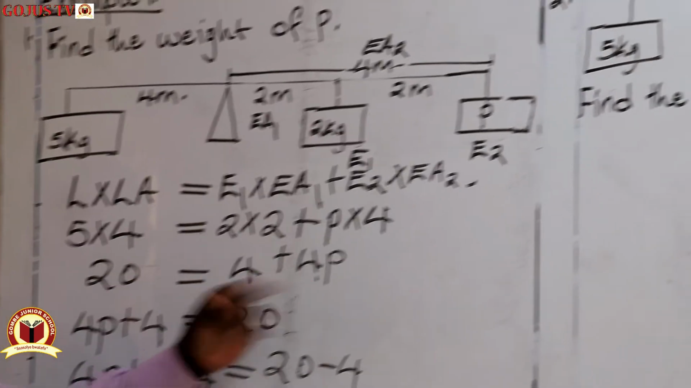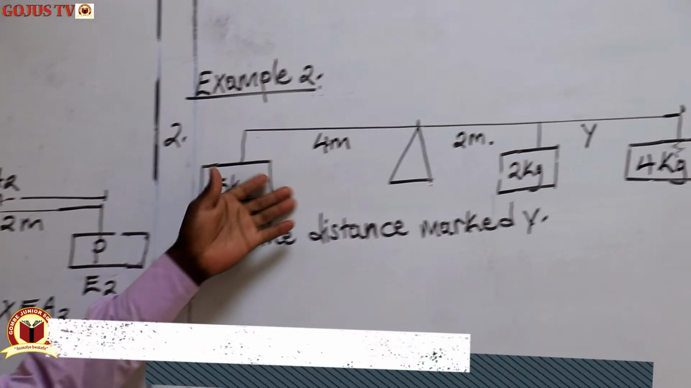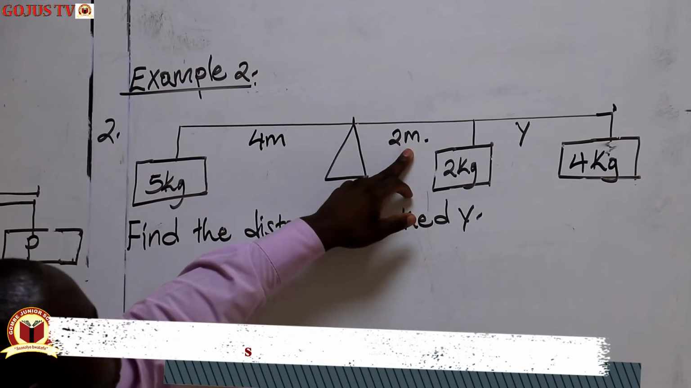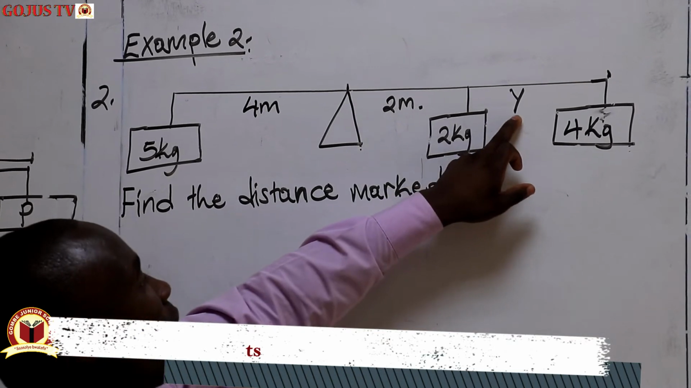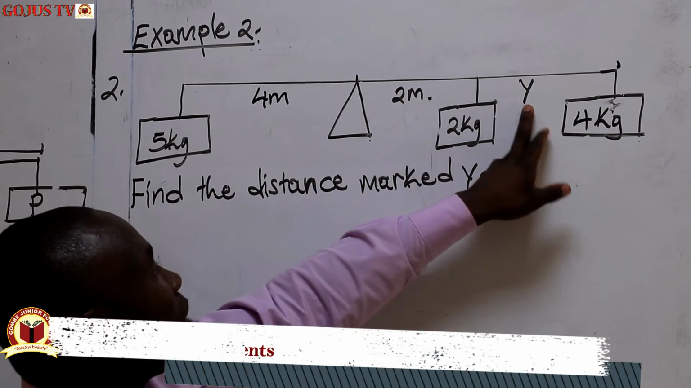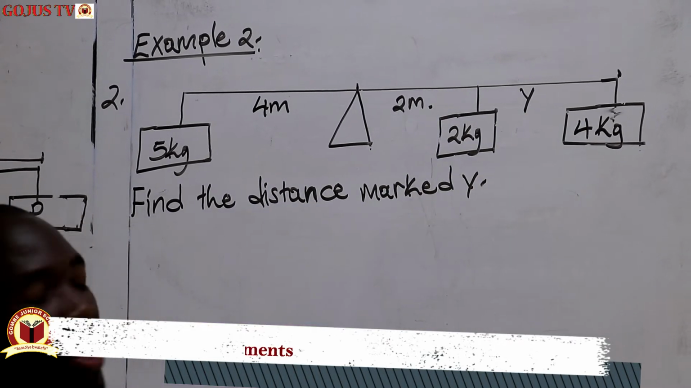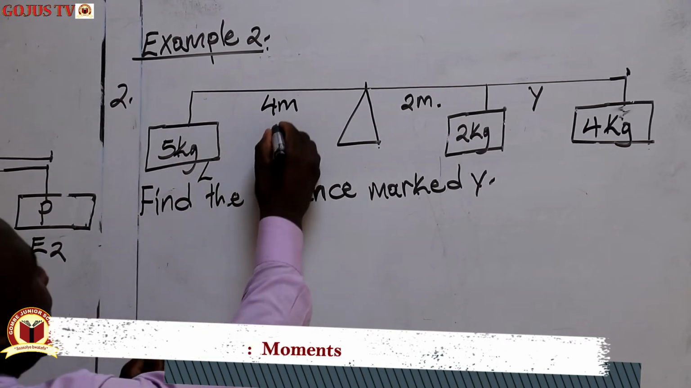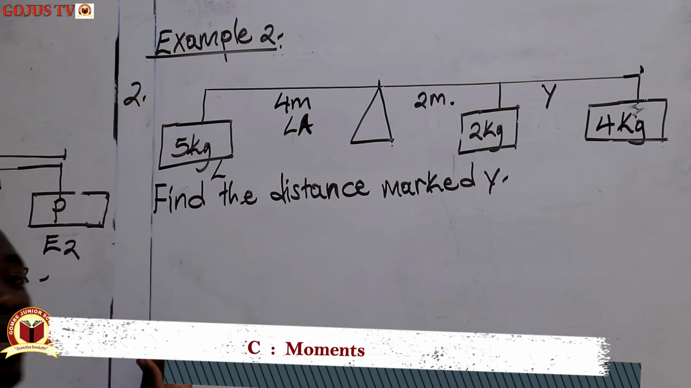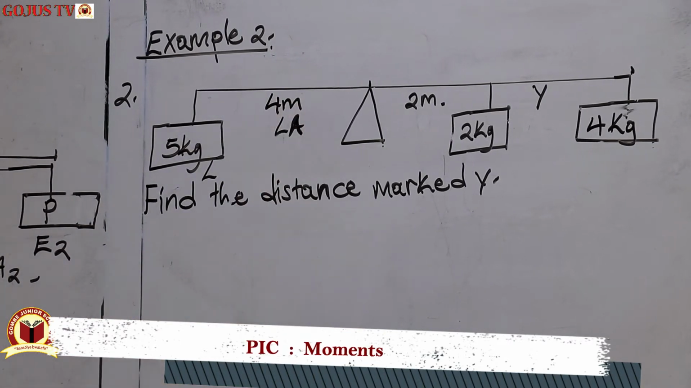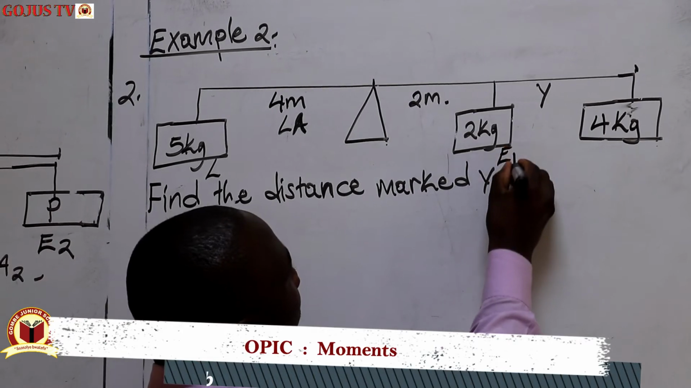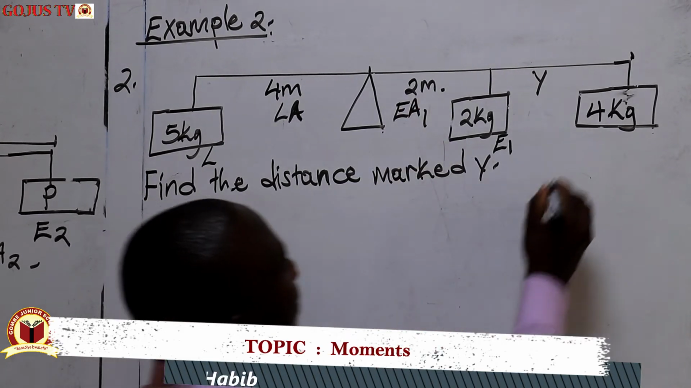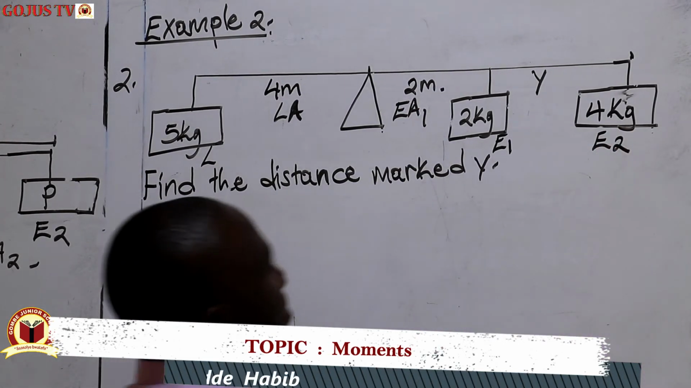Now, we may modify this and we come to the second example, where we have 5, we have 4, we have 2 meters, we have 25, and we are required to find the distance marked Y, which is the effort arm 2. So we shall first name, and we say this one will be load, and this one will be load arm. So we don't need to number this time, since we have one load this side. And then we shall say this is effort 1, because we have 2 efforts. This is effort arm 1, and then this is effort 2, and then for the case of